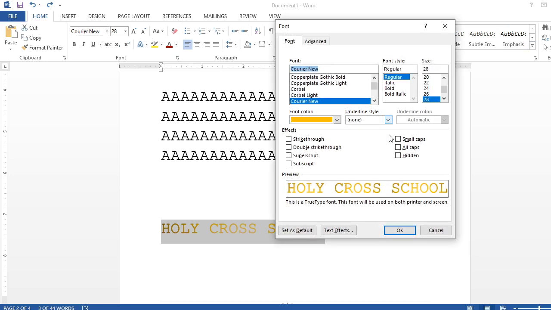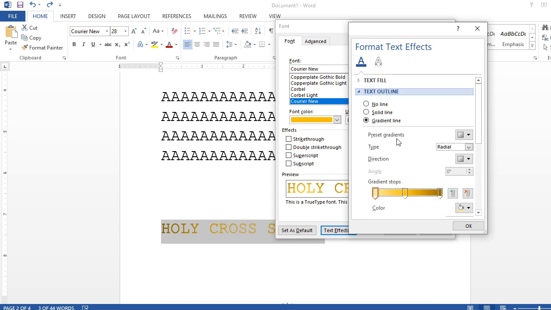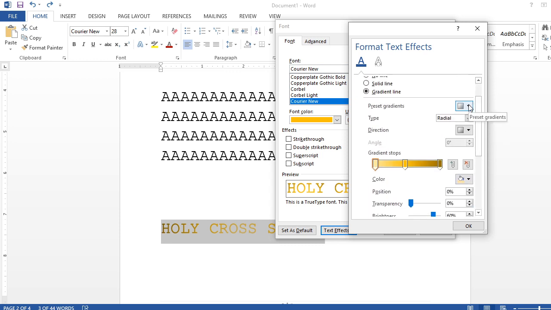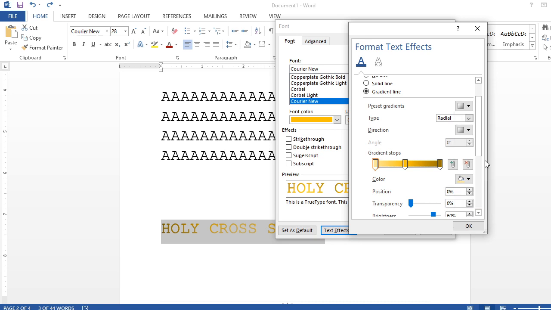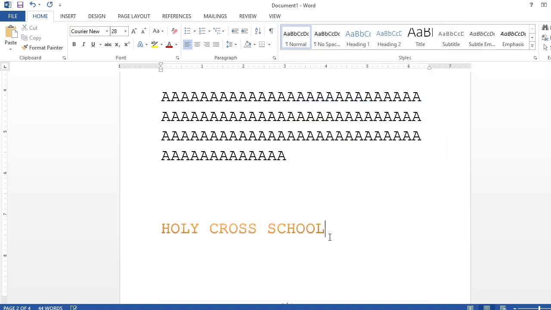Again I am going to select it. Again I am going back here. Again I am going to the text, then text outline I am going to have. And if I am going to change some color, let's suppose I am going to change this color, I don't know which one to take, this one. Okay, then see the effect. Okay, you can see this one when it will be big.